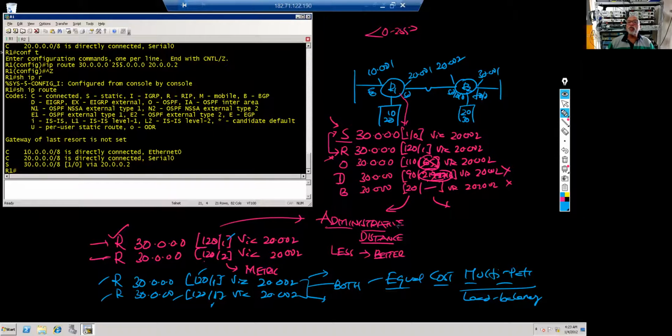So here the new words, what you learned, are administrative distance and the metric. Metric here is hop count, same, right? Different protocols, best distance. Same protocol, distance is same, so best metric. Same protocol, same metric, put both in the routing table. I can put up to a maximum of 4 in my routing table by default. You can increase or decrease that number. Right? So that's why I configured static again here, to make you understand that.